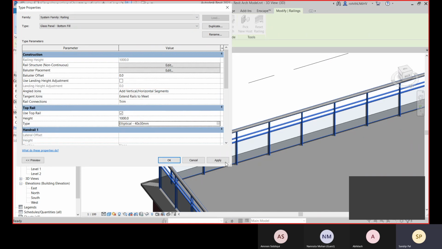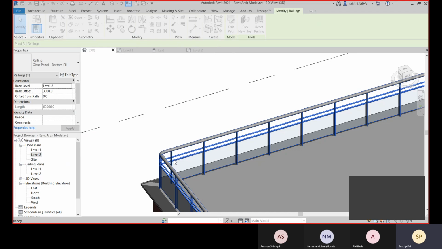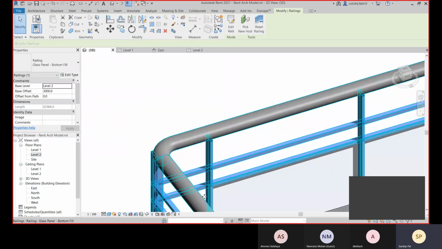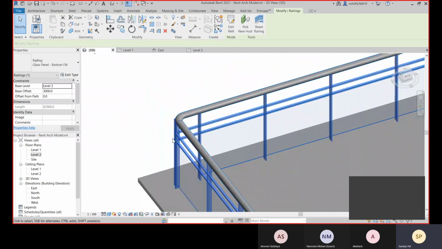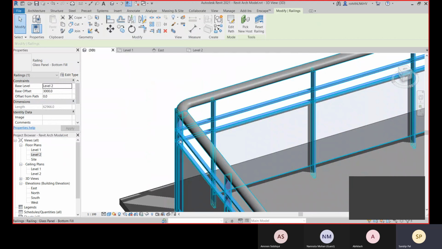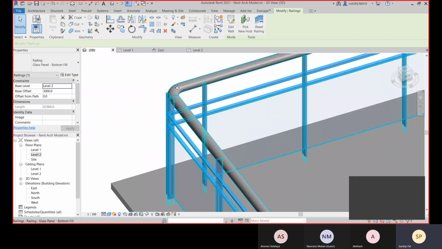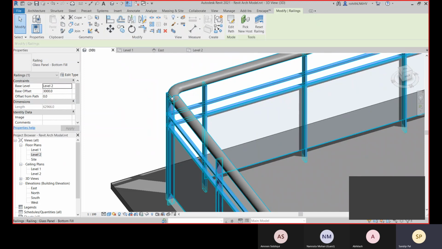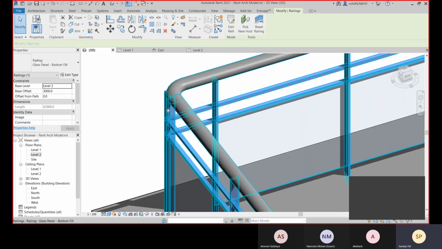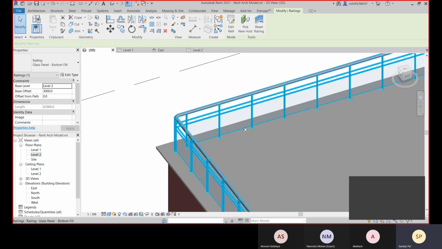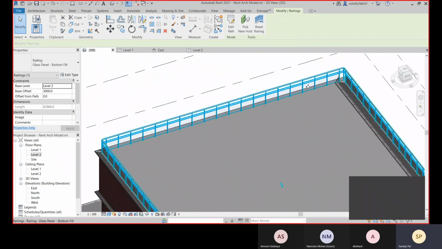Apply OK, apply OK, and there you see you are having this connection. Now you have this corner post over there. If you are creating a smooth corner, you don't need this corner post over there.